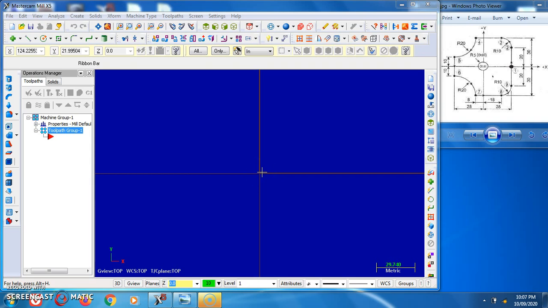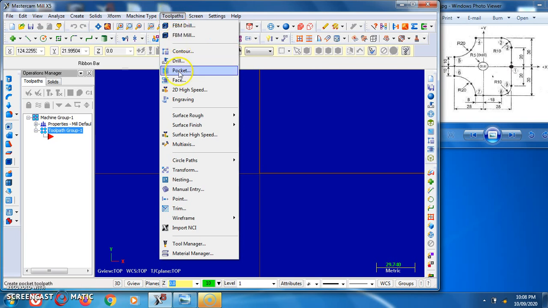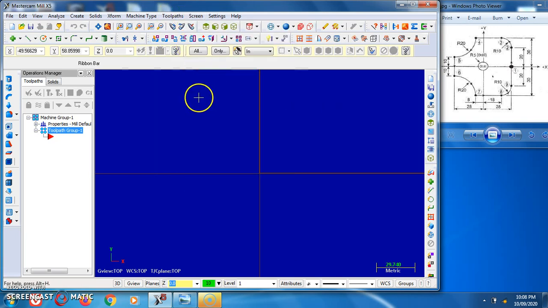Hello friends, this is another tutorial for the toolpath generation of the given object in Mastercam software. Particularly here we are using toolpath generation for the given component, and we use the milling machine operation and develop the various paths, and finally we develop the CNC part program. First of all we do the modeling of this component, then we operate with the help of certain toolpaths and we can finish the product.